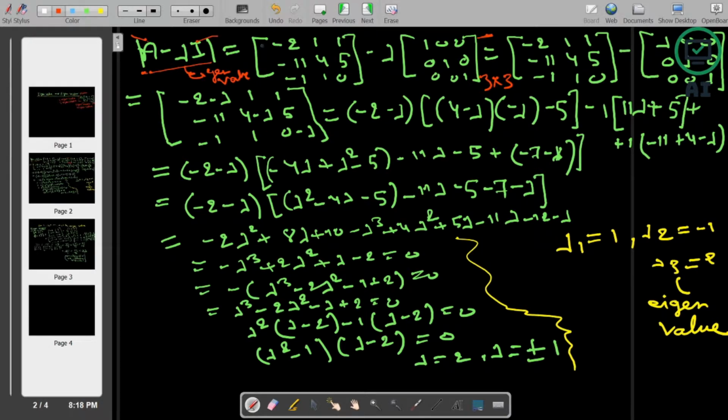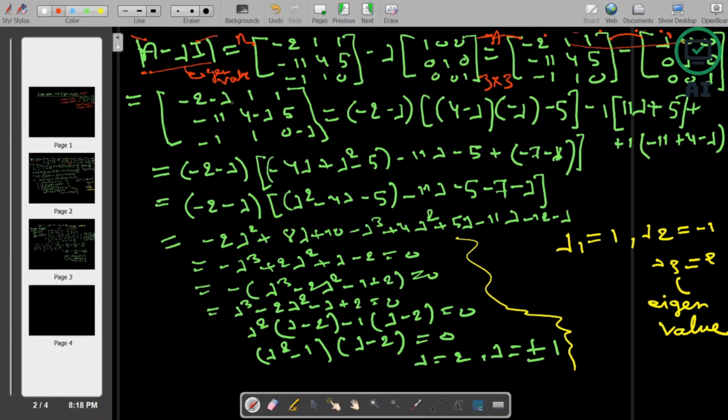So you can see here this is A minus lambda identity matrix. So we have solved it. Again, this is matrix A, and then minus, if you multiply lambda to this identity matrix, you will get all the principal diagonal elements lambda, and the remaining will be 0 as it is. And if you subtract this matrix from this matrix, you will get this one. So all the corresponding elements will be subtracted.